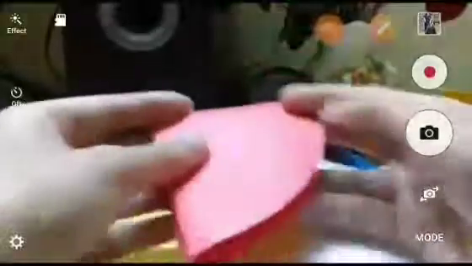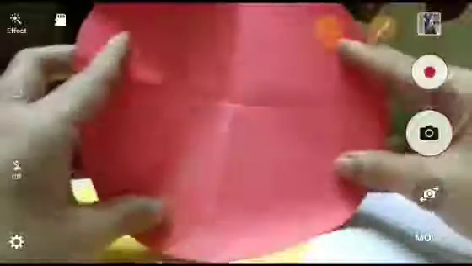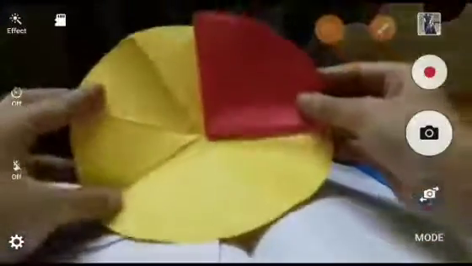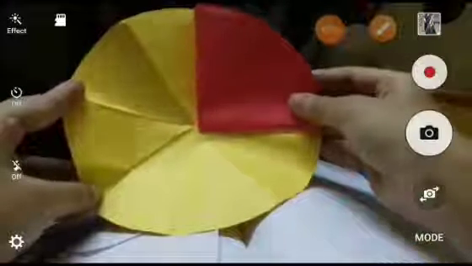Now for representing the 1/4 portion, you are going to fold this circular piece of paper in such a way that it is divided in this way. Alright, it becomes a quadrant. So in this way you are representing the 1/4.